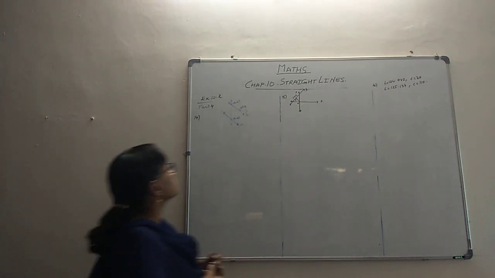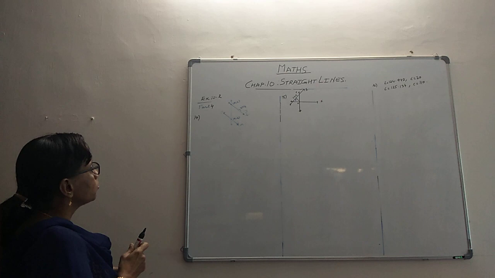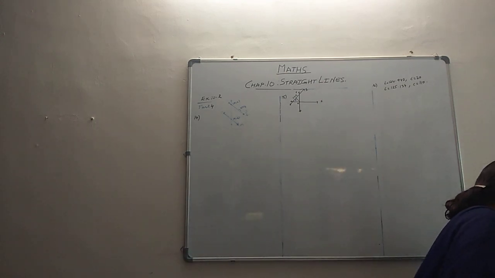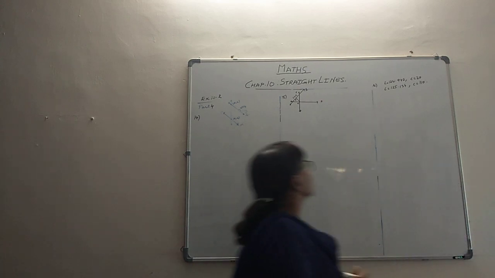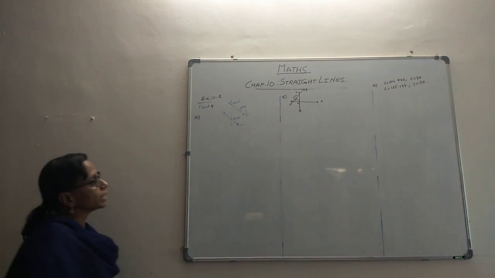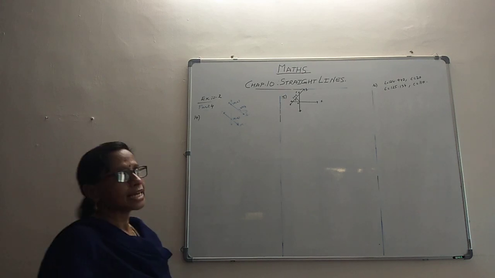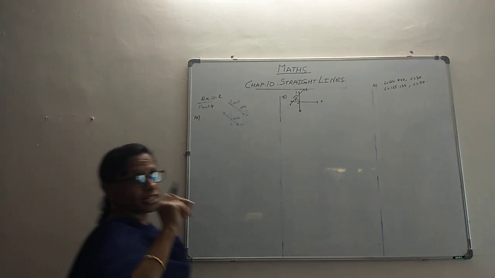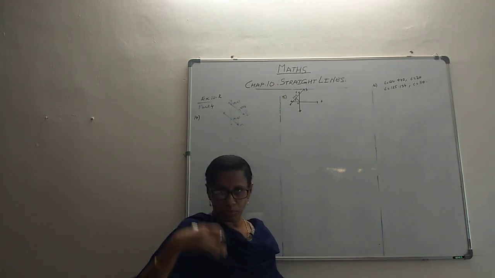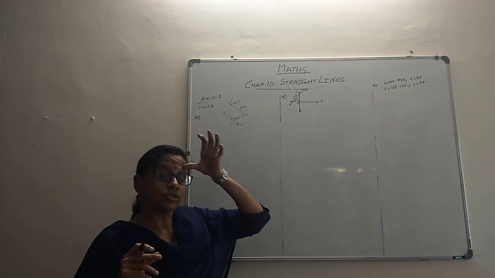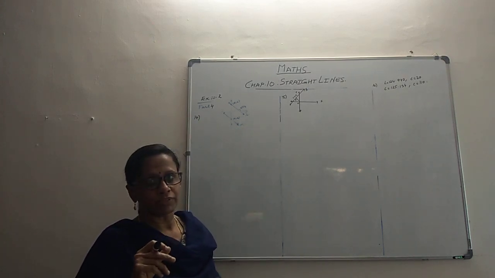Hello folks, we come to exercise 10.2 part 4, and this is our 14th problem. They say that there is a line passing through the point (0, 2) and making an angle of 2π/3 with the x-axis. There is another line which is passing through (0, -2). They specify in the question that it is 2 units below the origin, so indirectly it means that it is a point (0, -2). You have to find the equation of that line also.